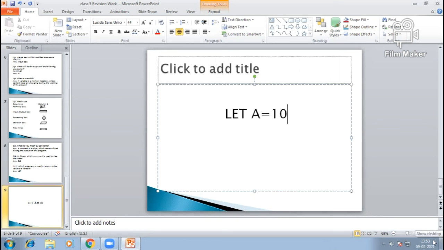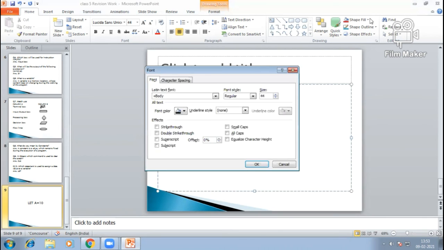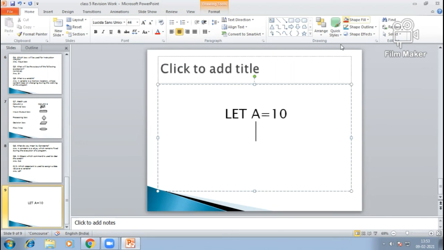If I write LET a = 20, then the value of a will be 20.